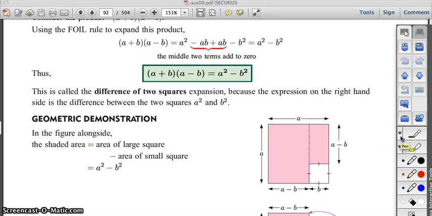So if we're looking at the difference of two squares formula, when they are the same values, the only difference being a plus and a minus, we don't have to go through the FOIL process. The FOIL process eradicates those two things, the negative a times b and the plus a times b. So that just leaves us with a squared take b squared, and that was the rule. All right. So when we look at some example questions,